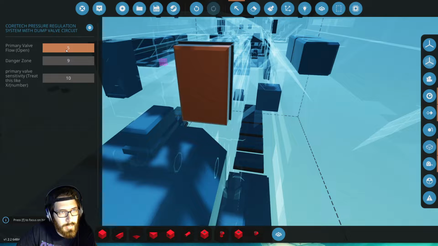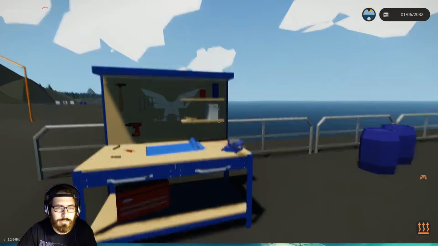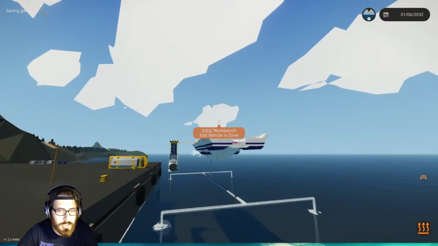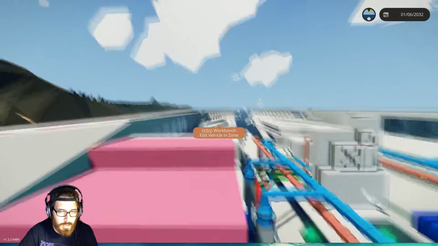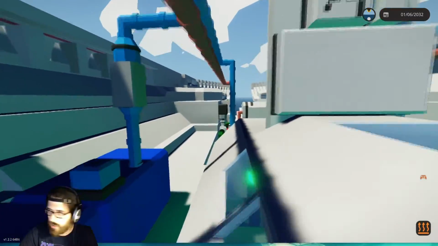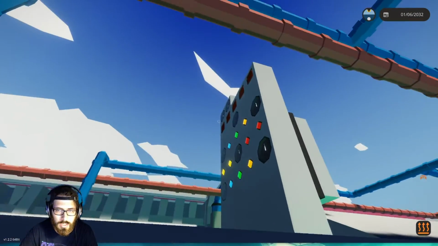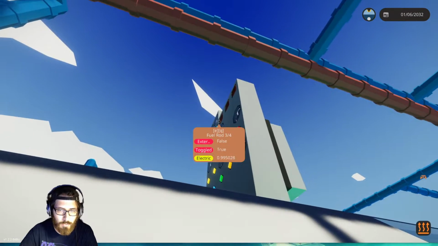Now, like we said, we want it to be about 5 to open for now, and then 9 is the danger zone, and if it goes higher than 9, we know it's about to explode, so it's going to open the valve and purge itself. For now, we're going to have it purge into the environment just so we can see it do it, and eventually we could put it to use for other things. Anyway, we're going to do a time skip at this point,